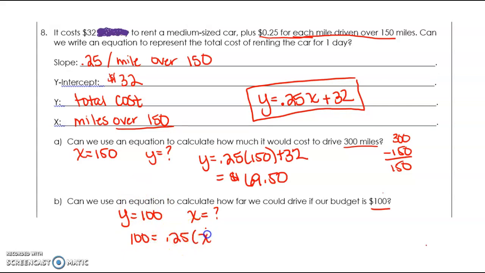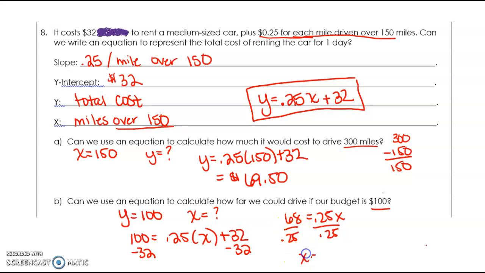I want to know how many miles. So I now have a two-step equation. I'm going to minus 32 from both sides, and I get 68 equals 0.25 times x. Divide by 0.25,